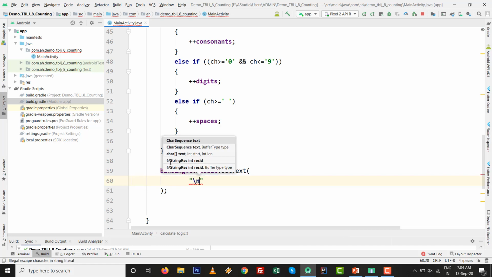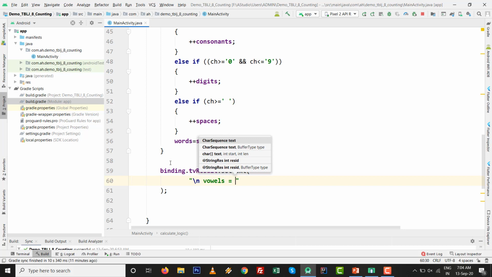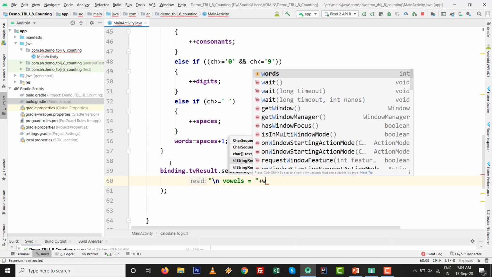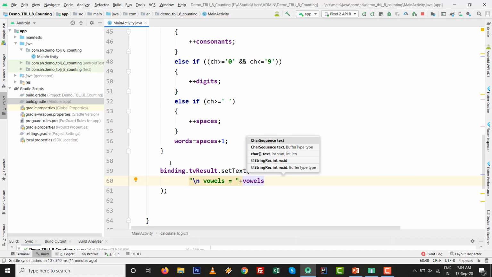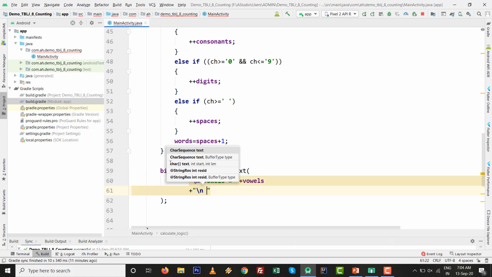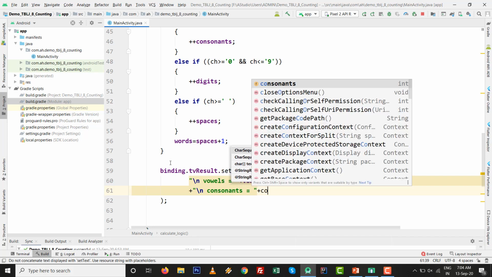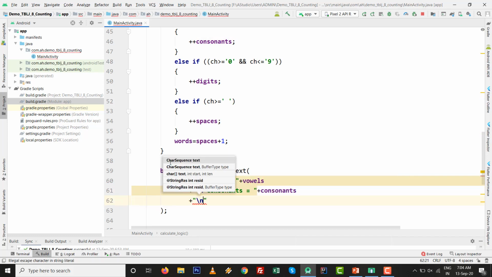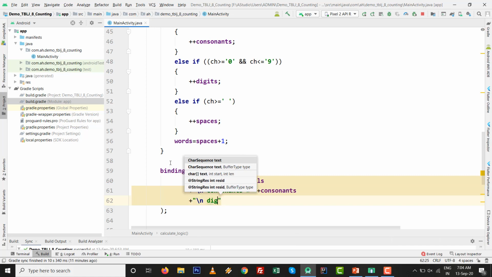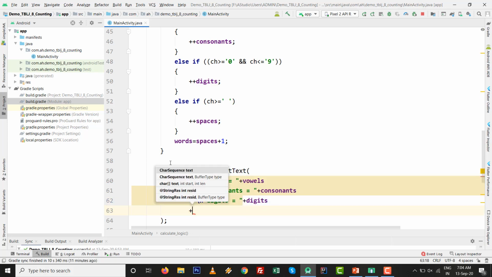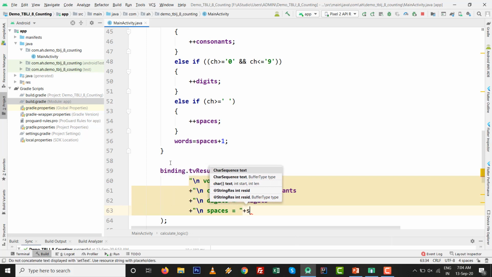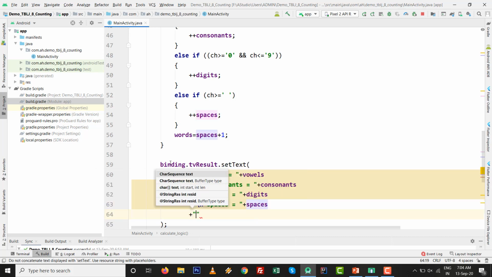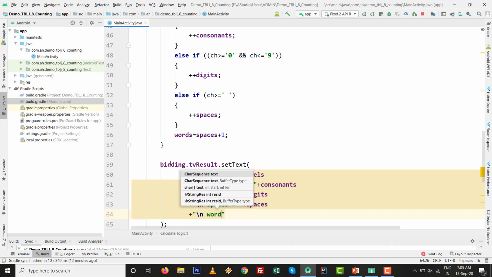So I type \n, then vowels equals, plus, just write vowels, plus double quote \n consonants equals, plus consonants, plus double quote \n, and digits equals whatever the digits value will be, plus double quote \n, and spaces equals the number of spaces, plus double quote \n, and just the last thing, words.